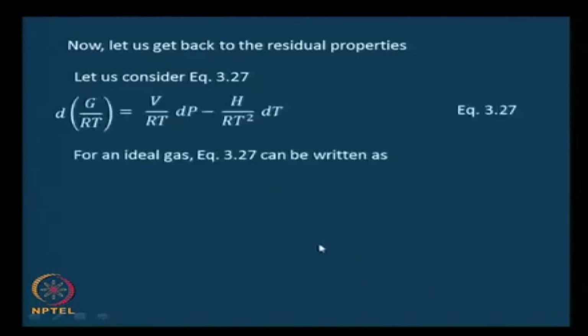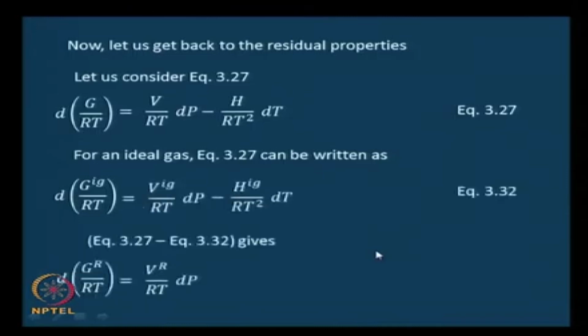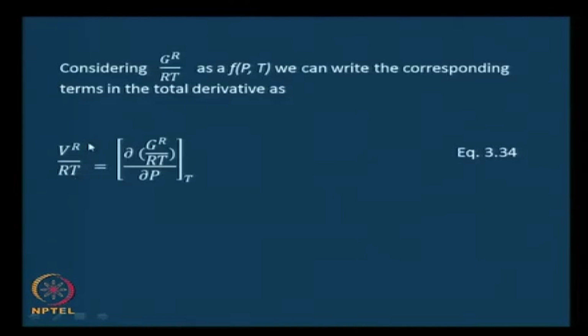Then we went and saw how to write residual properties. This was a derivation, I am not going to go through that. Yeah, the Vr by RT, you could write it in the same fashion as earlier. Earlier it was for the actual values, here you could write it for the residual values. Vr by RT equals dou P of Gr by RT at constant temperature. Hr by RT was minus T dou T of Gr by RT at constant pressure,